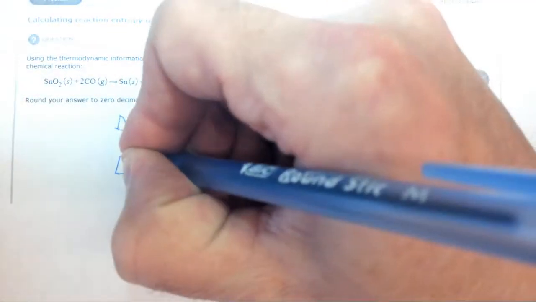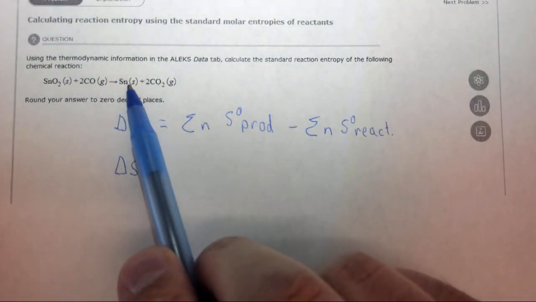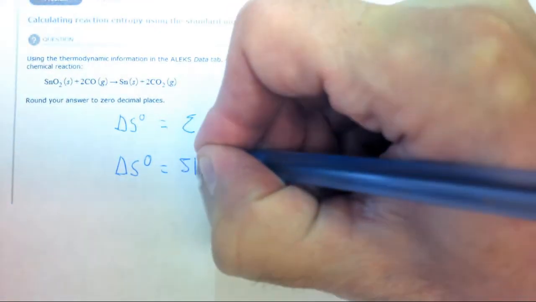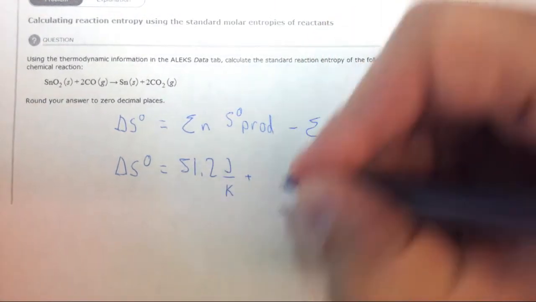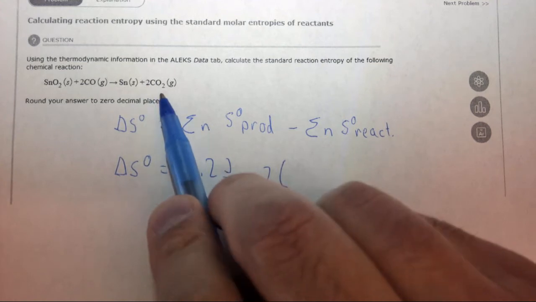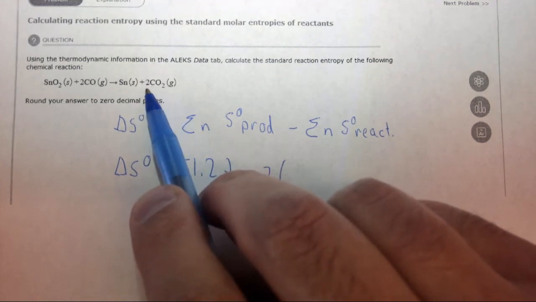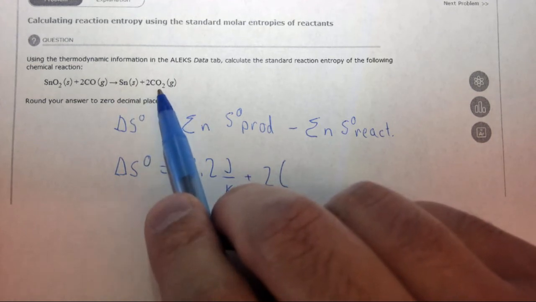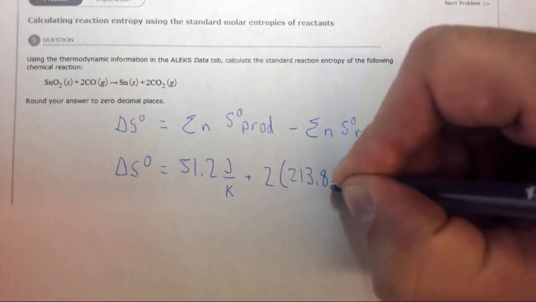So here we do delta S naught equals the first product, which is tin, which is 51.2 joules per K, plus 2 times the second product, 2 because there are 2 CO2s, so 2 times the second product, CO2, which is 213.8 joules per K,